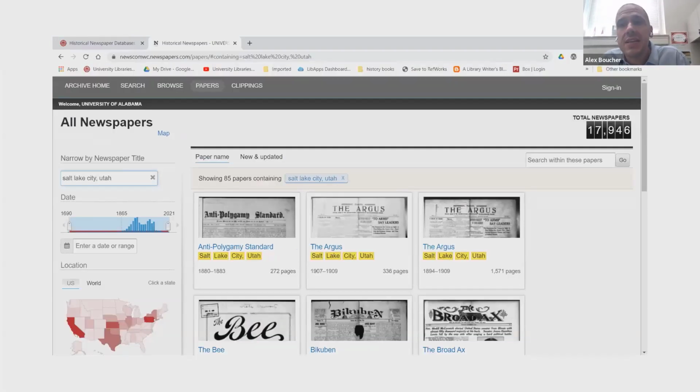The best way to find individual newspapers is to go to Scout or the library's catalog, because it'll search our databases. The only exception is that it seems to me it does not pick up newspapers.com. So if you search Scout, the library's catalog, you might also search newspapers.com. The way you do it, as you can see on this screenshot at the top of the page, is there's a link for papers. Then you can search for a newspaper title, or in this case, a city, Salt Lake City, for example. It will show you what they have, and you can access the papers there.